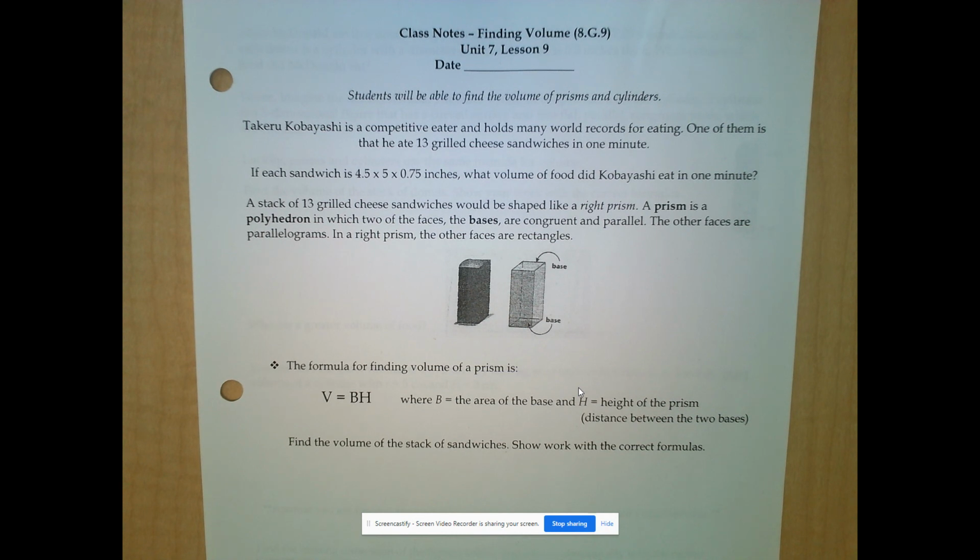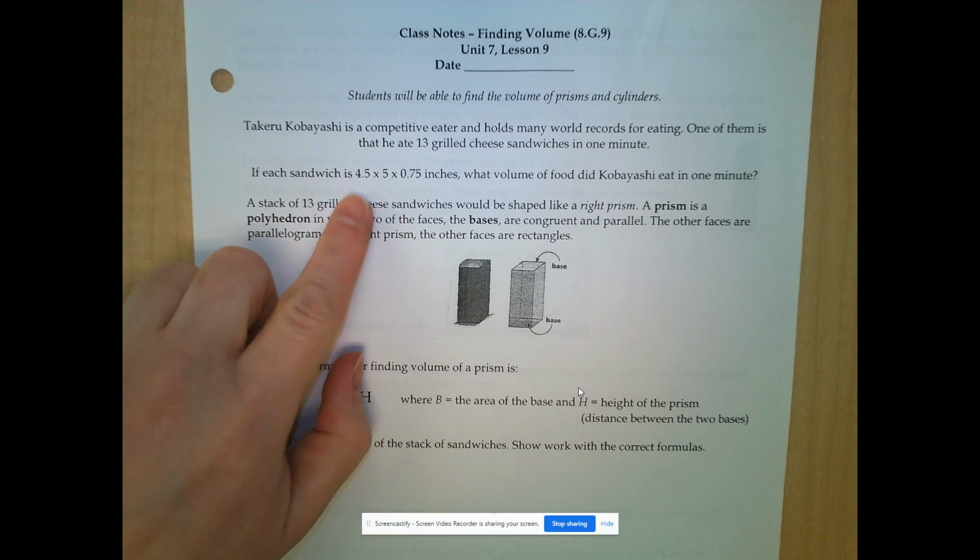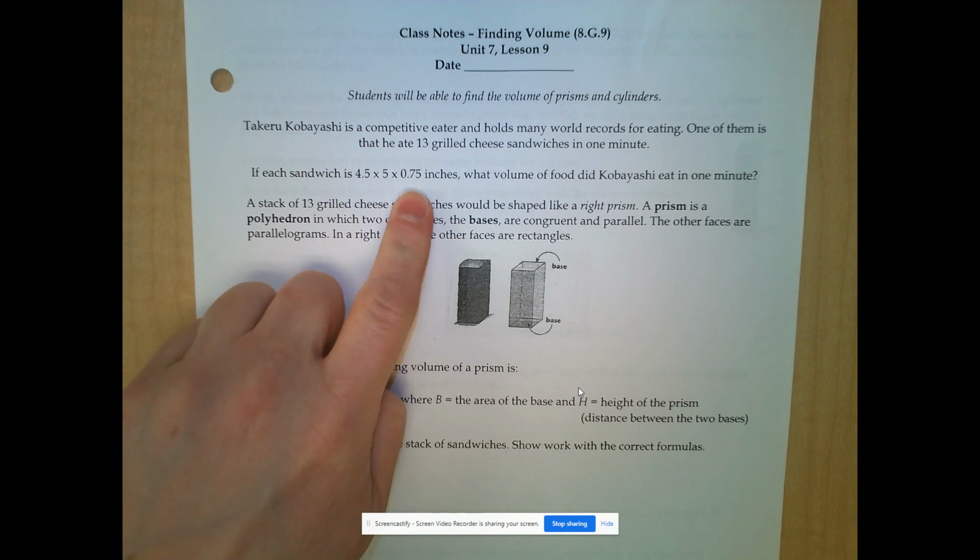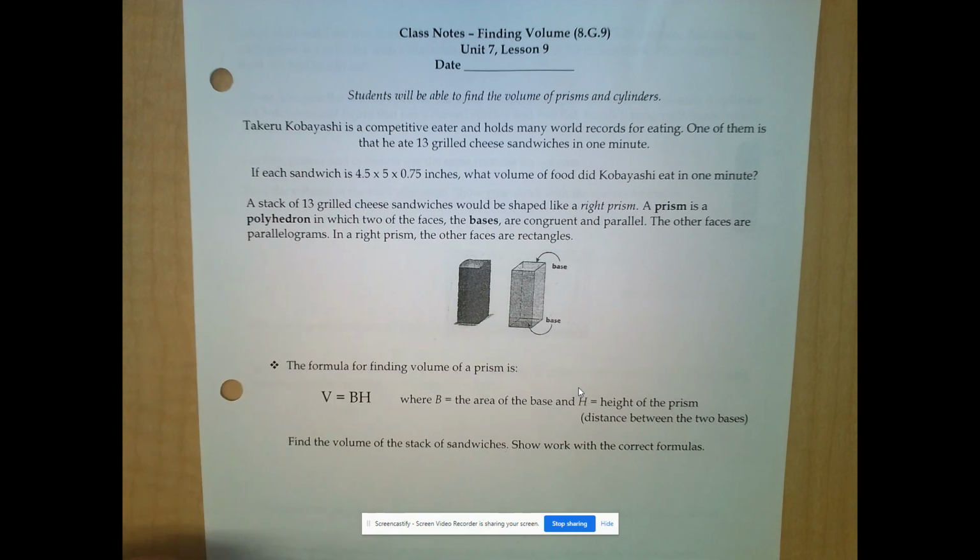So, Takeru Kobayashi is a competitive eater and holds many world records for eating. One of them is that he ate 13 grilled cheese sandwiches in 1 minute. If you look this person up online, you'll also see that they are competitive in the 4th of July hot dog eating contest on Coney Island. If each sandwich is 4.5 by 5 by 0.75 inches, what is the volume of food that Kobayashi eats in